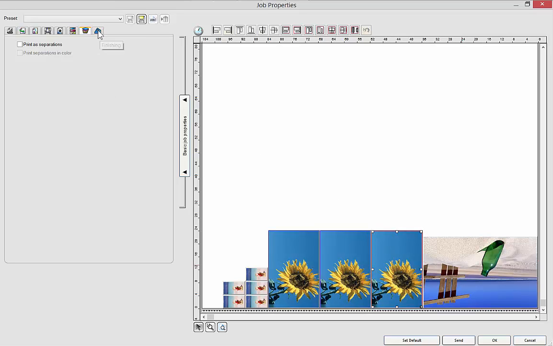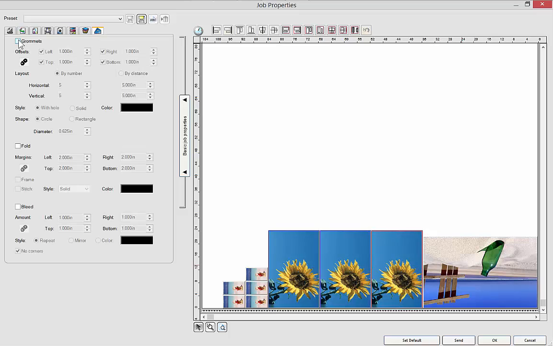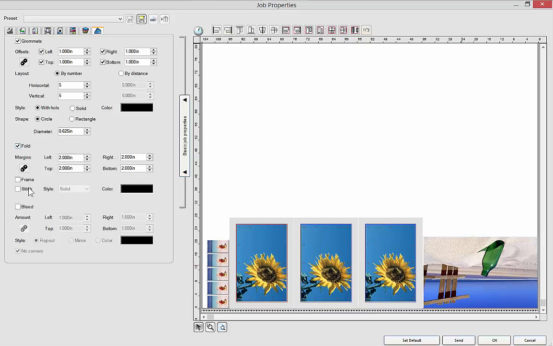And what I'm going to do is go to a finishing capability. Let's add grommet marks to it and put it on all three copies. Those are markers for your grommets, right? I can add a fold line. I can add a bleed. That is pretty cool. I mean, what we're saying here is that you have all the capabilities you need right